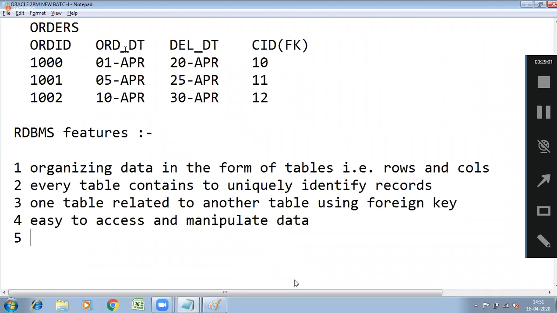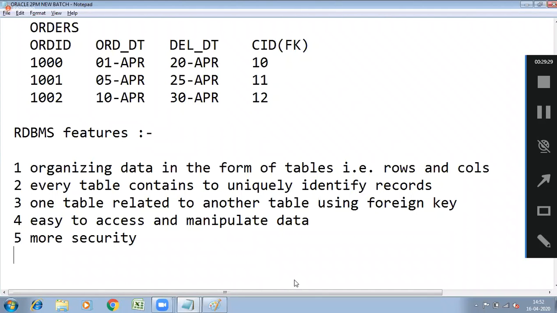In a file management system, you should be an expert in programming. But when it comes to RDBMS, even if you are not an expert in programming, you can still work with the database. Next, more security.